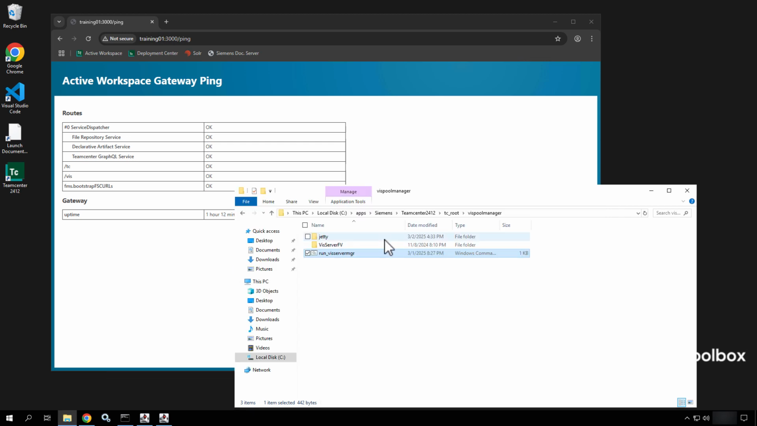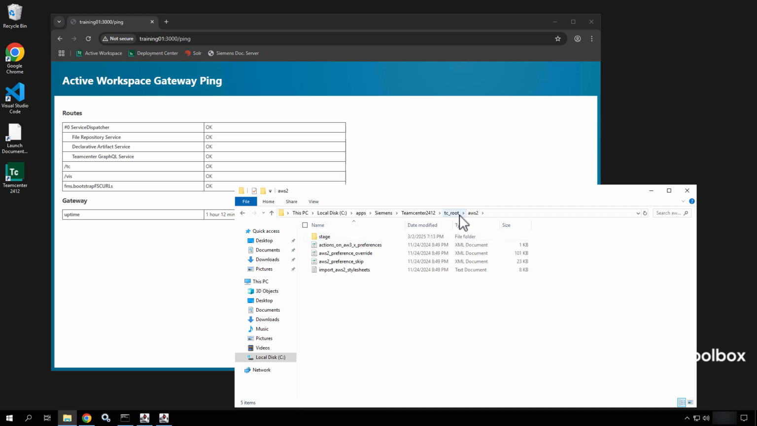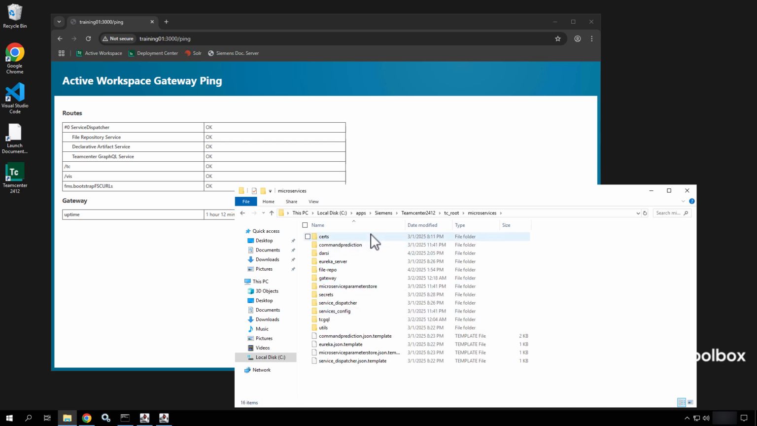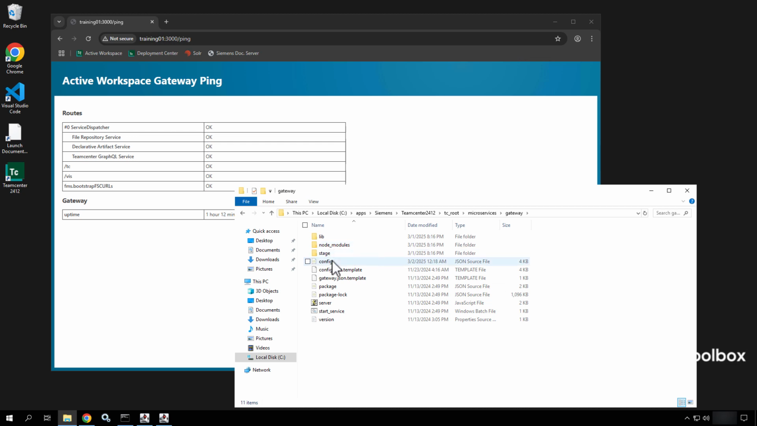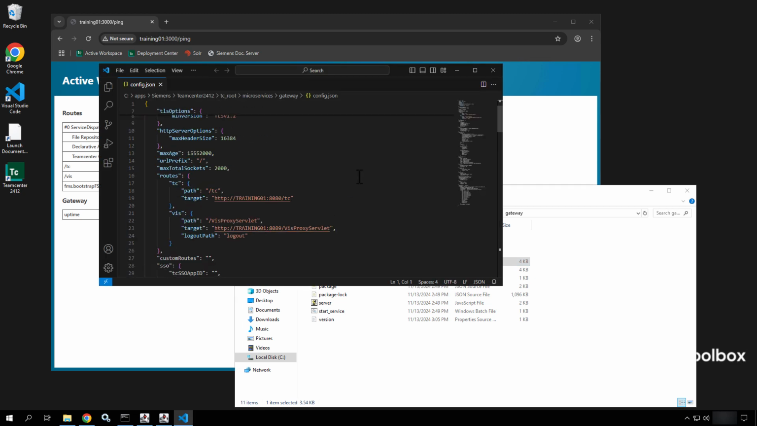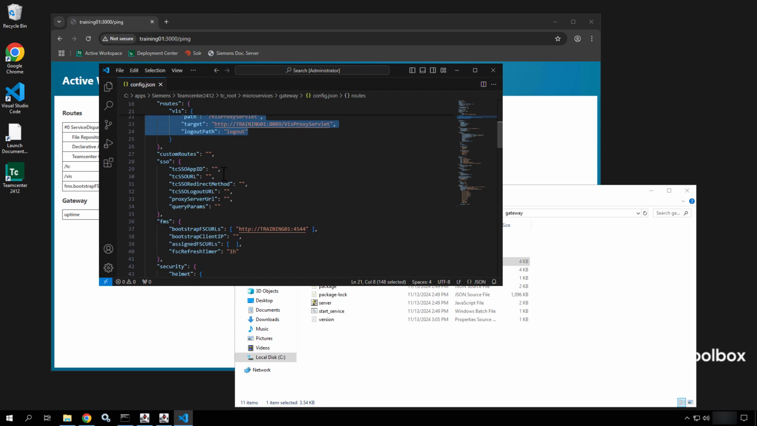But this ping page, if you don't get it right off the get-go, you do need to come in here to the AWS2 folder where you've installed the client. Actually it's in the gateway, so we should look at the right place. So microservices, gateway. And if I open up the config.json in this gateway location, this will have all the routes necessary to check that page. So you can see the TC connection is here, the visualization connection is here, single sign-on if you have it,